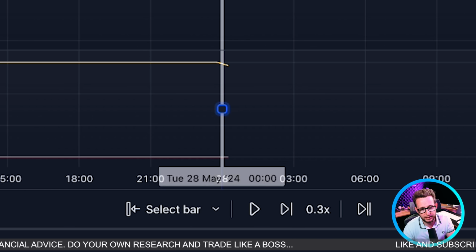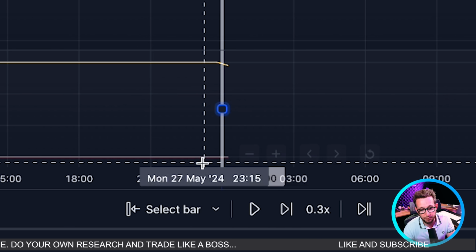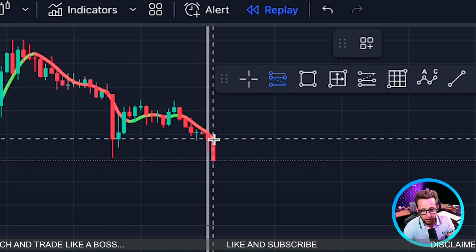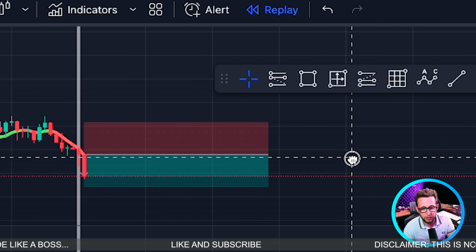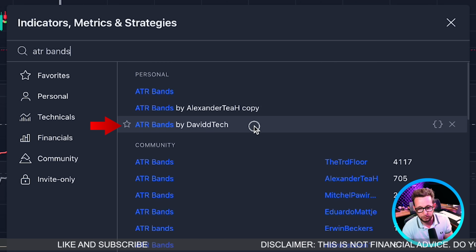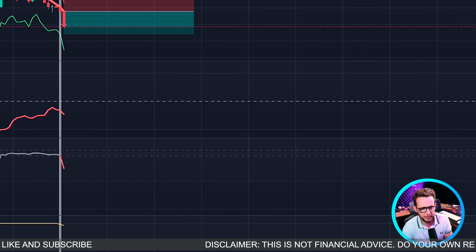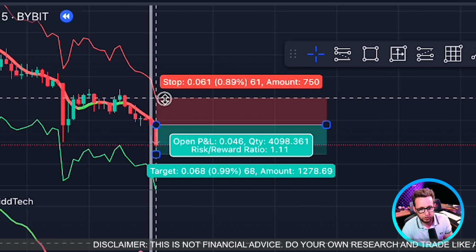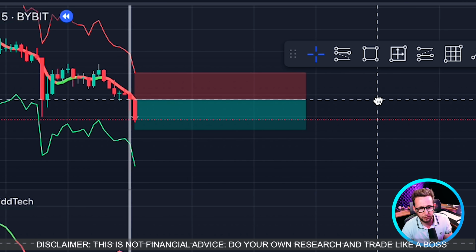And we had this stiffness index, which is this yellow line above the red line. So we're ready to take our entry. It's a short. We're going to go on the following candle. And we're going to use the ATR bands by DaviddTech to take our stop loss and take profits. We're going to set our ATR bands to 3. We're going to set our stop loss to the ATR bands, and we're going to be looking for a risk